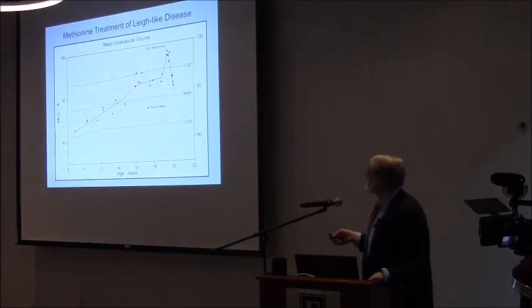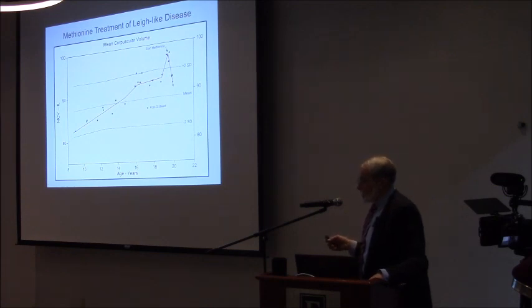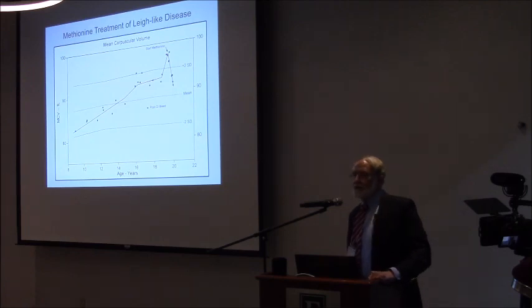This is a severe mitochondrial disease where this happens more often. This shows that the red cell size over a number of years gradually was increasing because the mitochondria are becoming more and more damaged. Finally, the red cell size went above normal, and the child became metabolically unstable. I started methionine, and the red cell size dropped as fast as it could. A red cell lasts about 120 days, so the bone marrow essentially instantly corrected.